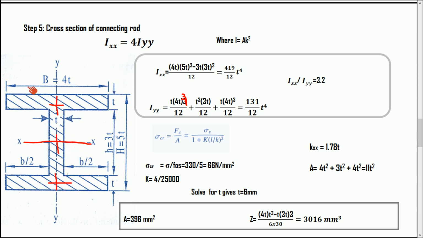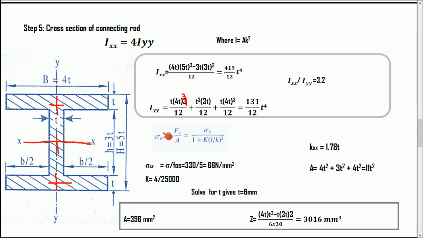Now this same I section and the same size is given in the data handbook, and if we use the same value of dimensions provided in the data handbook, we are going to get only 3.2. But please keep a note that if there is a variation for the I section, if the dimensions have changed when you write the examination, then you have to find out the Ixx and Iyy in this manner, and find out the ratio. Now after this we will go for the calculation using the Rankine formula.